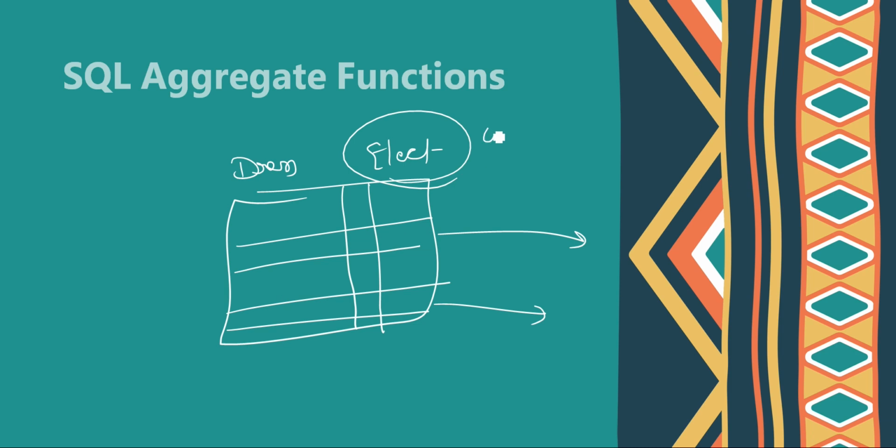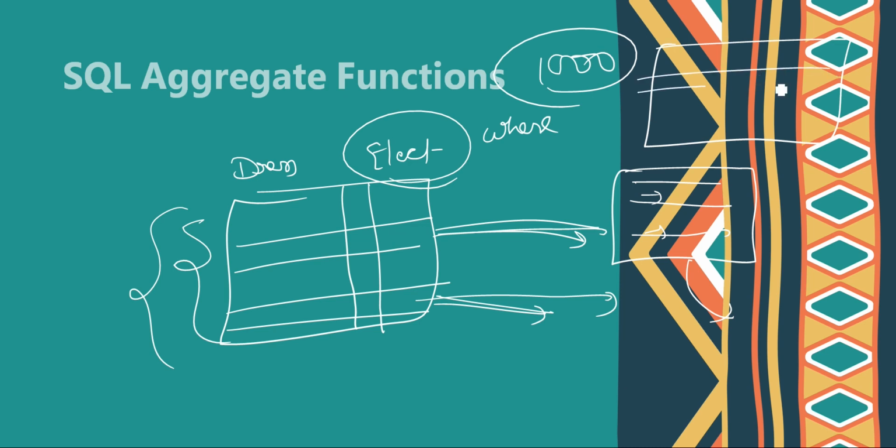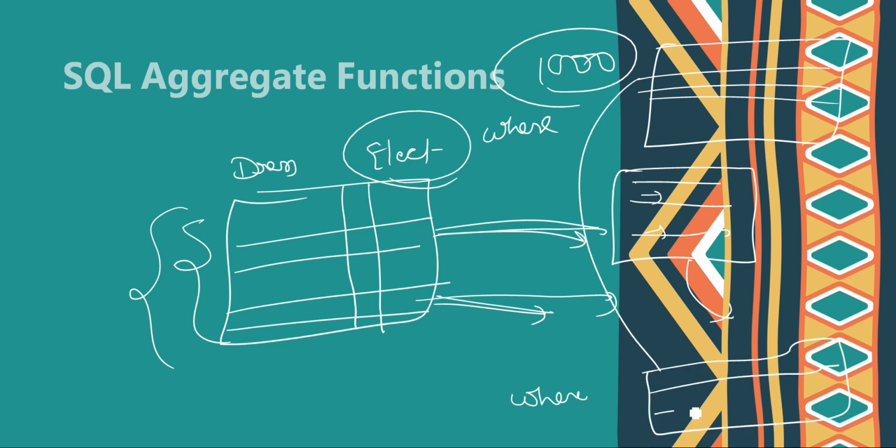So if I specify a where clause, then it is going to filter those rows. It is no more going to consider all the rows, but it is going to filter those rows, and whatever the value of count is, it is going to return based on these filtered values. So let's say I have 100 rows or 1000 rows in a table, but I have specified a where condition, and this where condition has been applied and only 3 rows have been selected. So now this count is going to apply on only these 3, not the whole rows of this table.